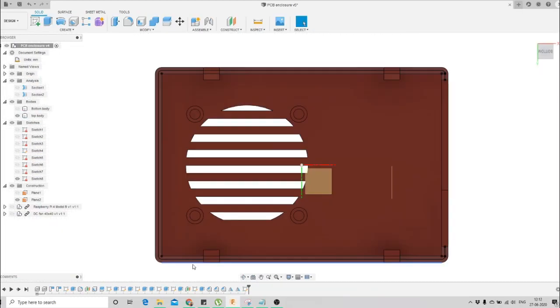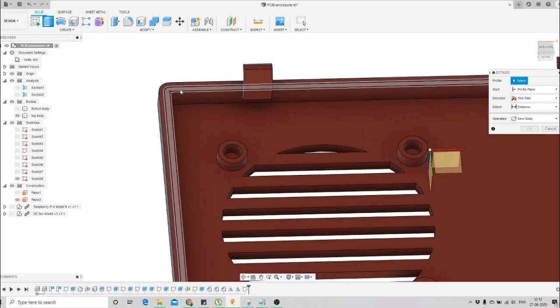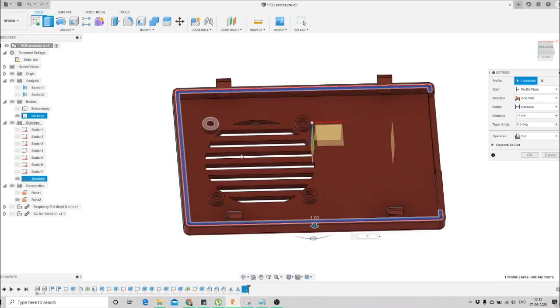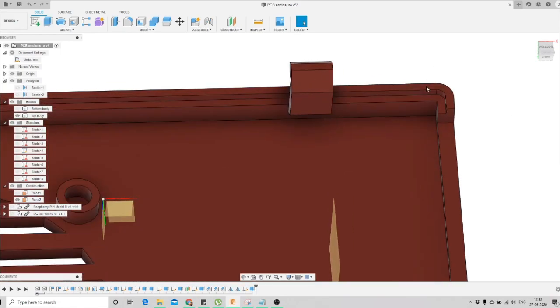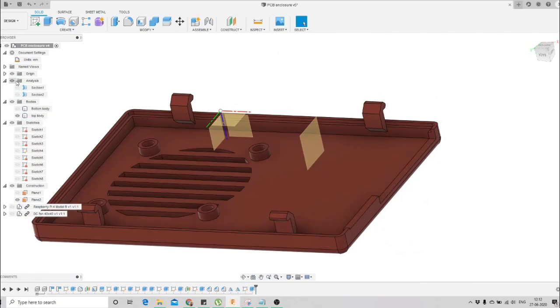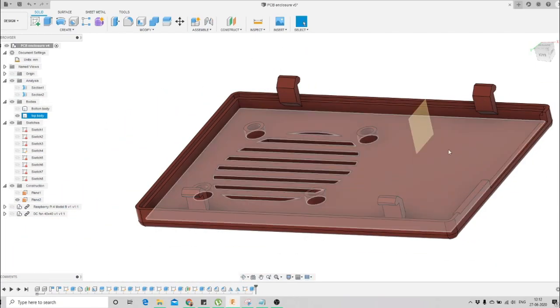We'll click on this finish sketch, then we'll again go to the extrude option, then we'll select the inner profile and we'll drag it to minus 1 mm cut. So here you can see what I was trying to make actually. If I turn off the origin, here you can see I had made a groove kind of thing here.